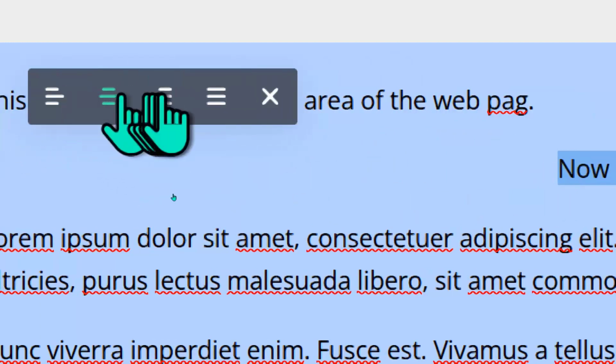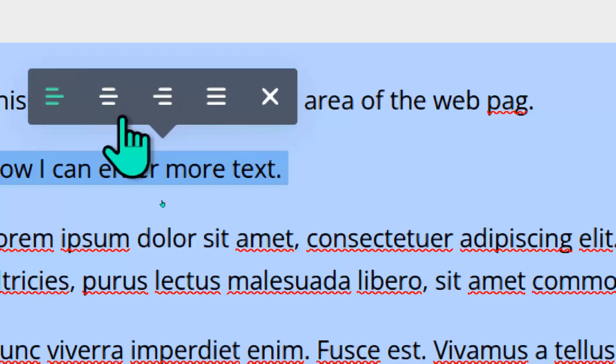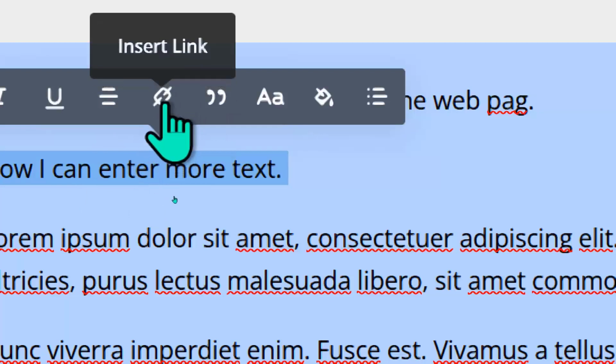I can make it right aligned. I can make it justified. I can make it left aligned. It's back on left aligned. Close that particular one. I can create a link, insert a link, which, for example,